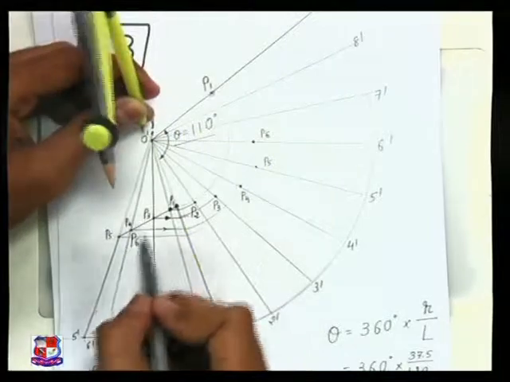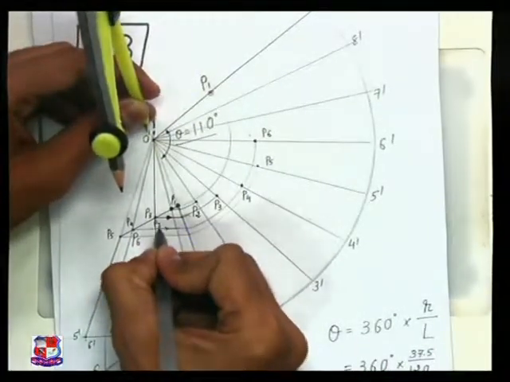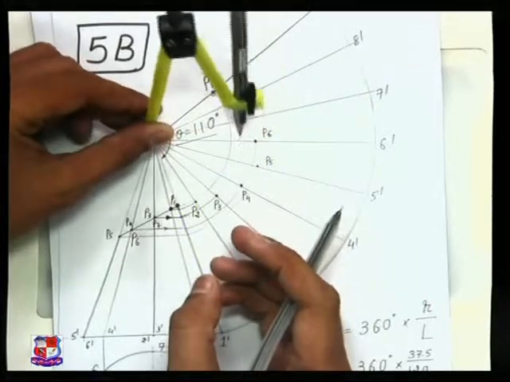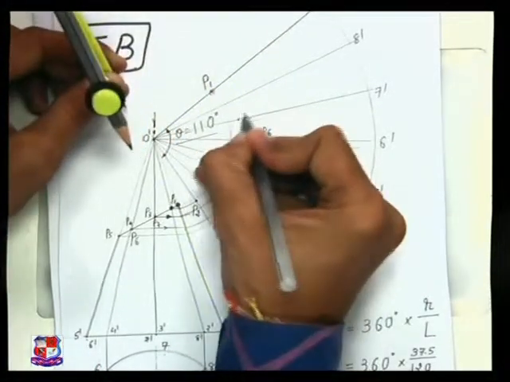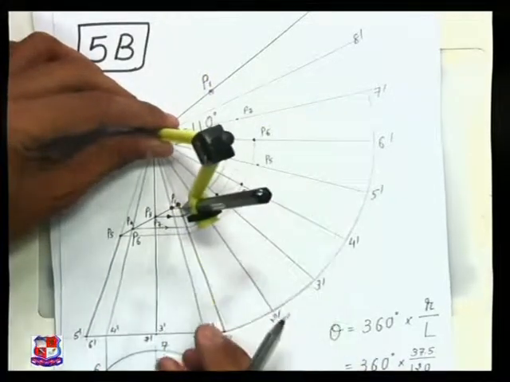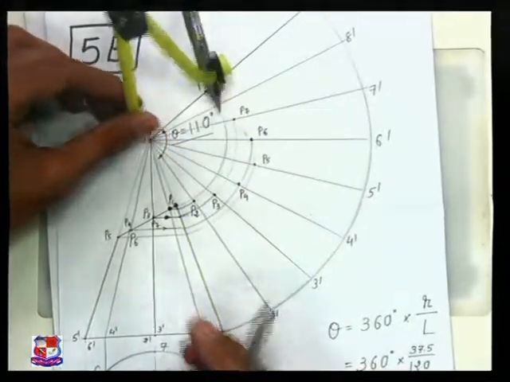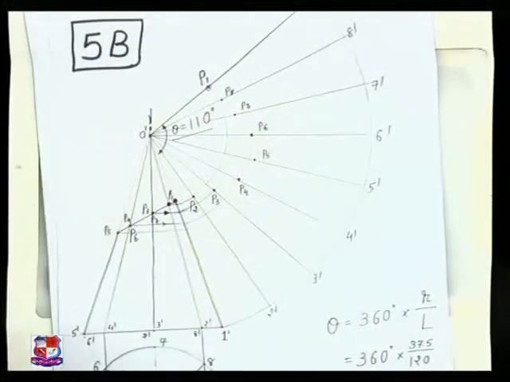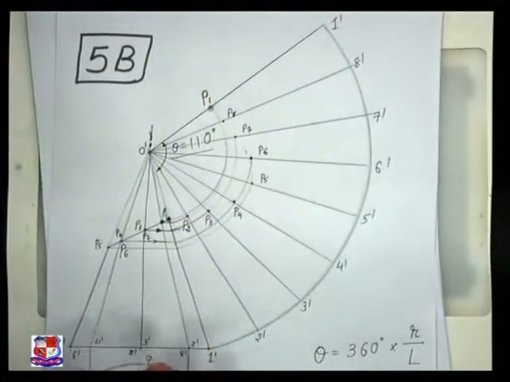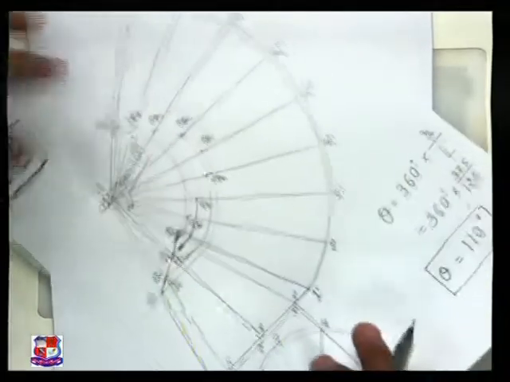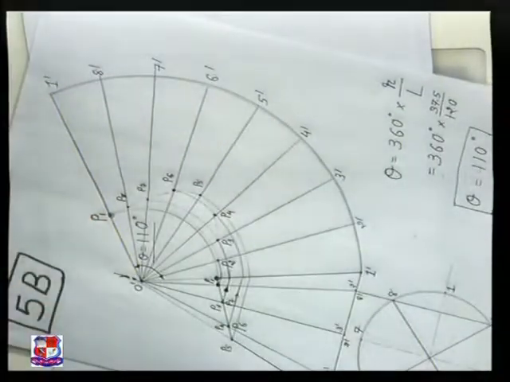Similarly P7 would be here, here is P7, so draw an arc from this that will cut P7 over here, and similarly P8 from here. So here is point P8. So we have traced all the points 1, 2, 3, 4, 5, 6, 7 and 8 and join all these points with a smooth curve, so that would appear like this.